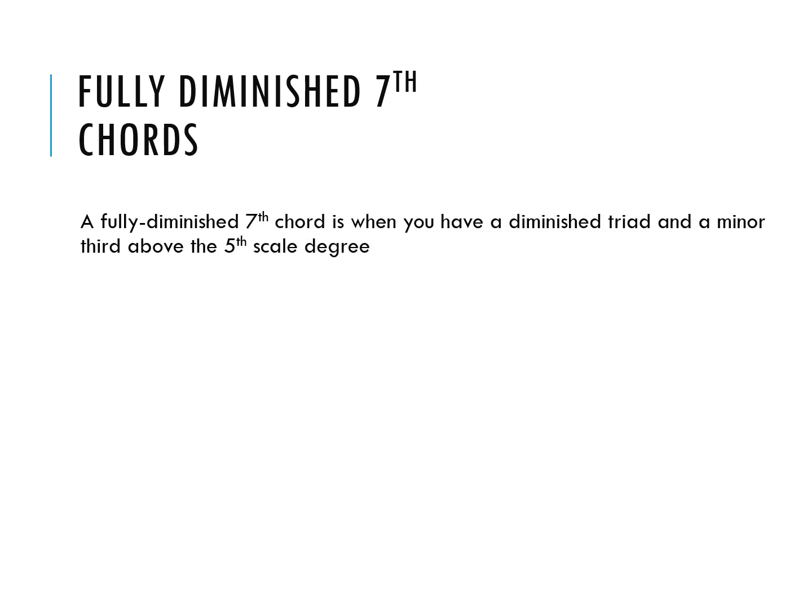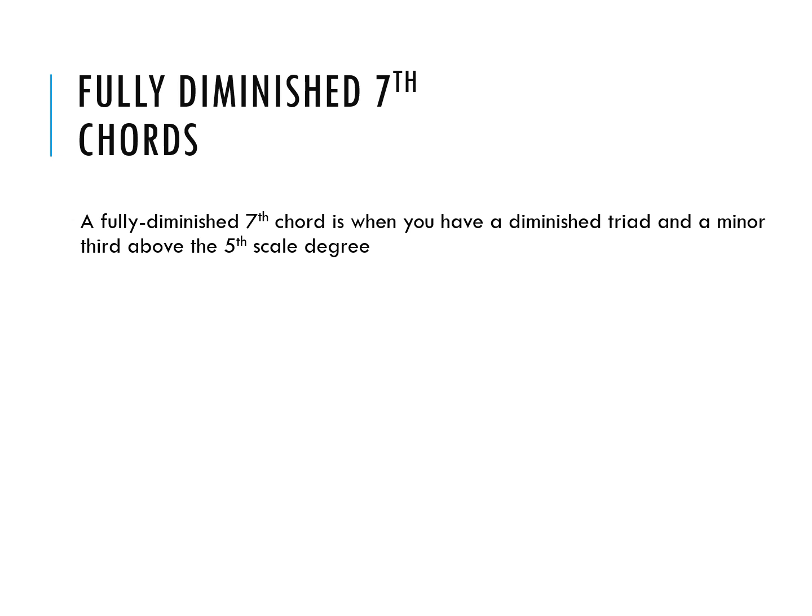Different from a half diminished seventh chord, we have fully diminished seventh chords. A fully diminished seventh chord is when you have a diminished triad and a minor third above the fifth scale degree. So the only difference between a half diminished and a fully diminished is the interval between the fifth and